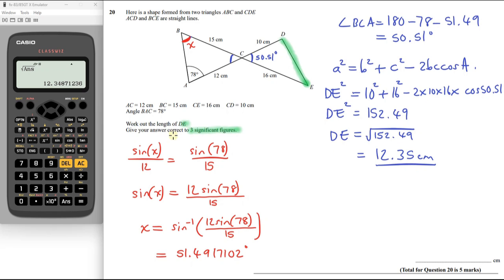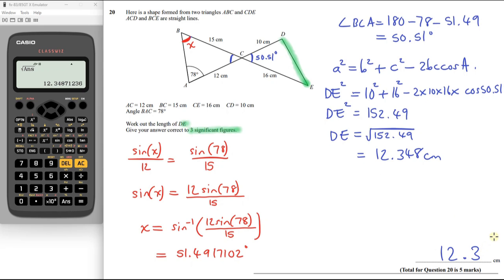But we just need to think about what it says here. It says give your answer to 3 significant figures. So it looks like I'm going to round. Now I need to be careful. I'm not going to round this up, because looking at my value from my calculator, it's going to round down. So actually, maybe I should change this to 12.34 centimetres. And now if I round this to 3 significant figures, it's going to be